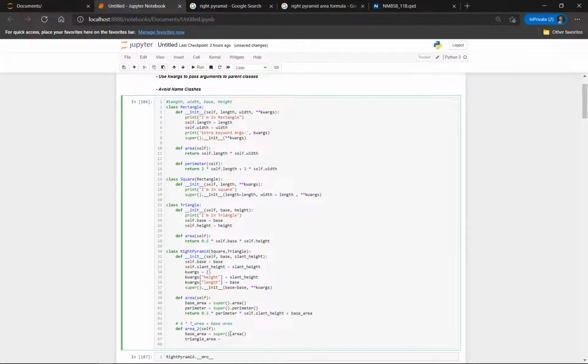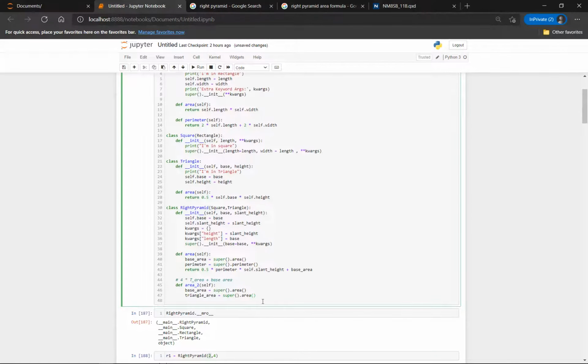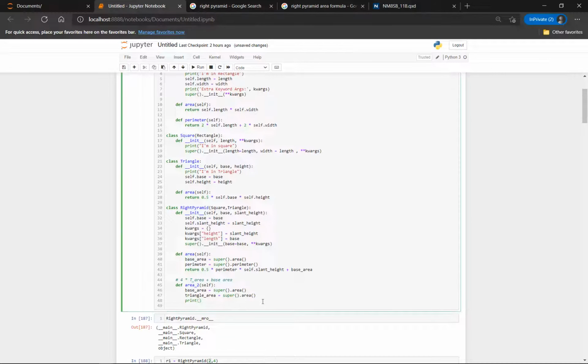One would be to call the method using super. But if we do this, and let's go ahead and print the base area and the triangle area,